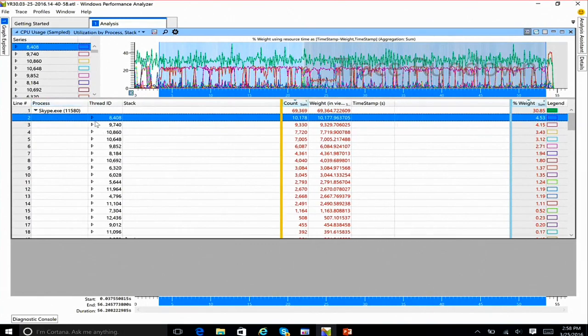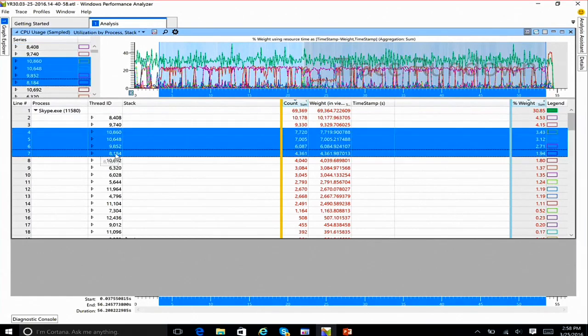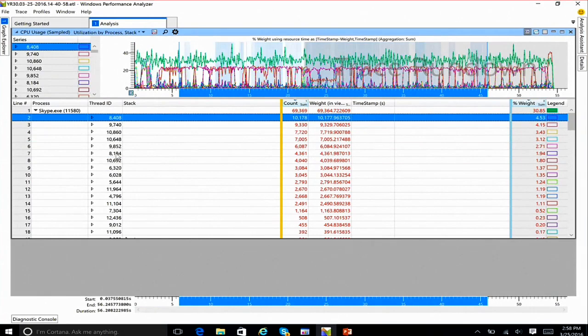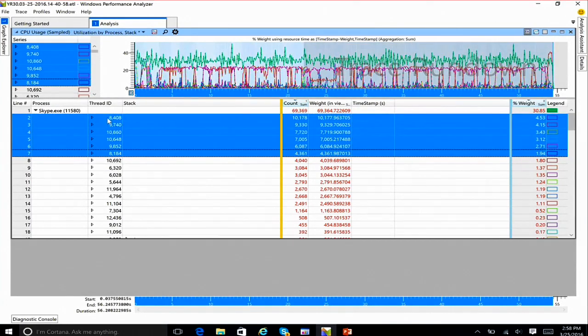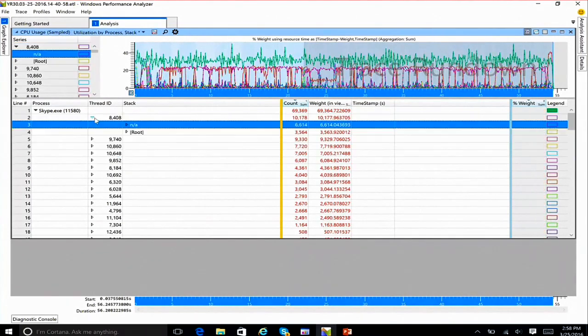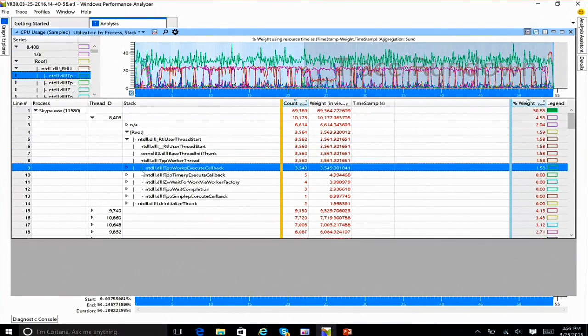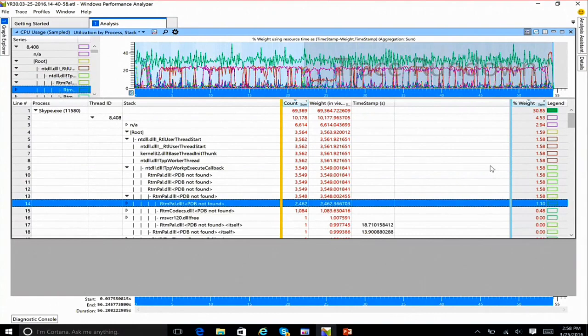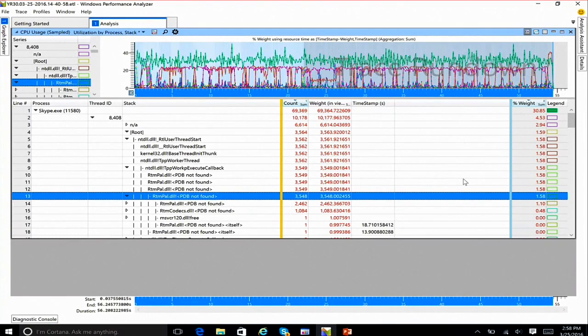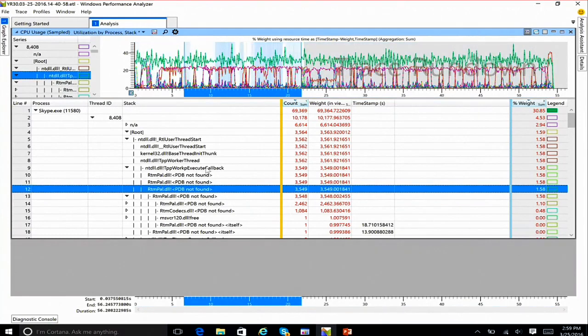We can see that there are multiple threads that are using up the CPU on the machine, and each of these threads has a unique set of stacks that, if we keep going down, we're able to see that we start running into DLLs that are related